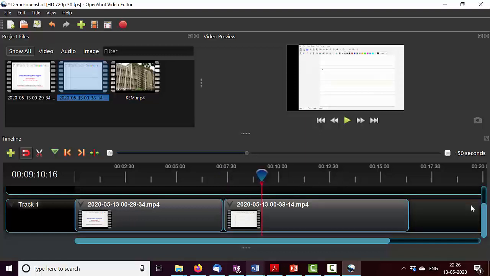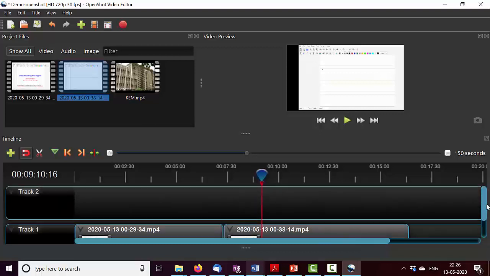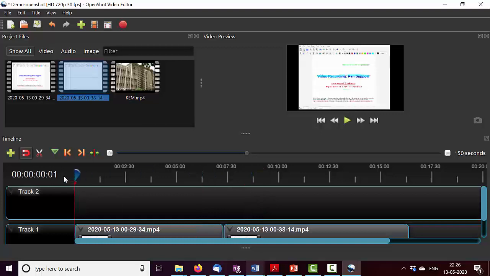What I'm going to show now is what these tracks mean. So I'm going to take my blue slider again to the beginning. As you can see, it is at 0 seconds. Someone was asking me if they could record their face through mobile and then insert it as part of their other videos that are captured through OBS. So if something like that was there, think of this video as something captured through mobile and you want to add it in some corner. So let's see how to do that.